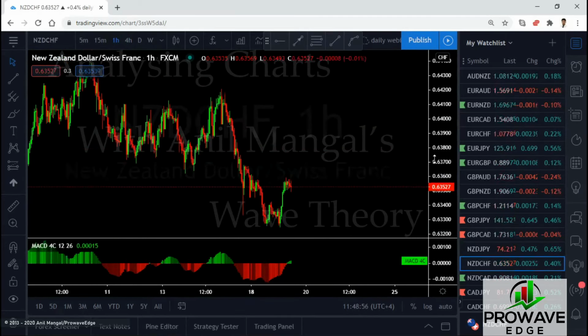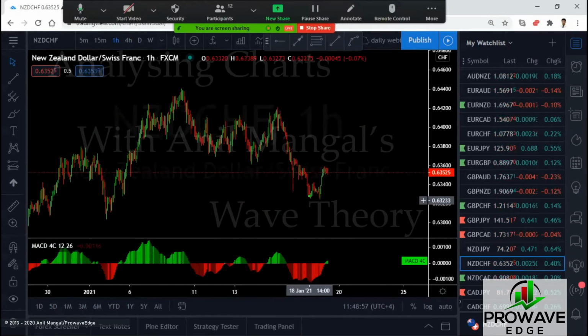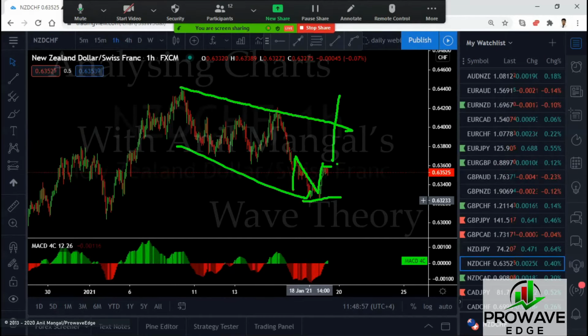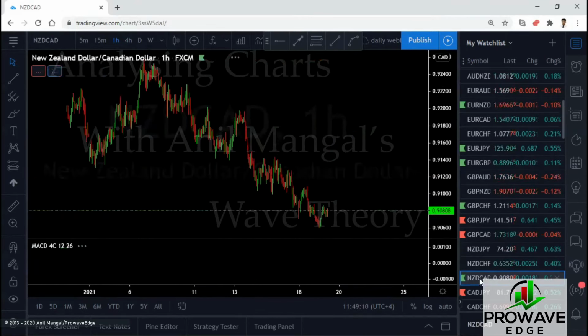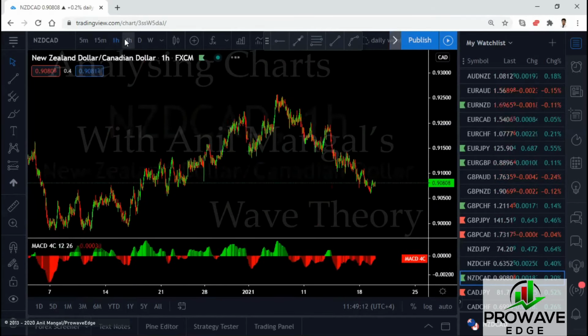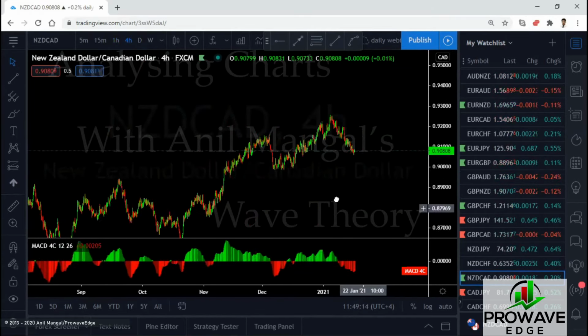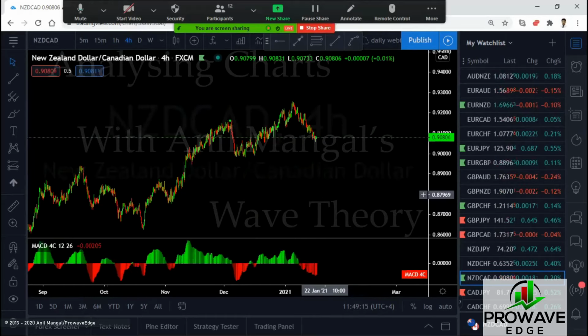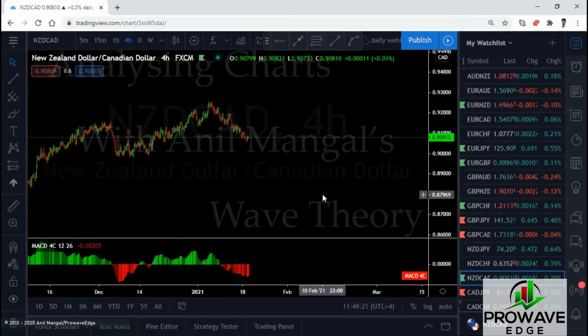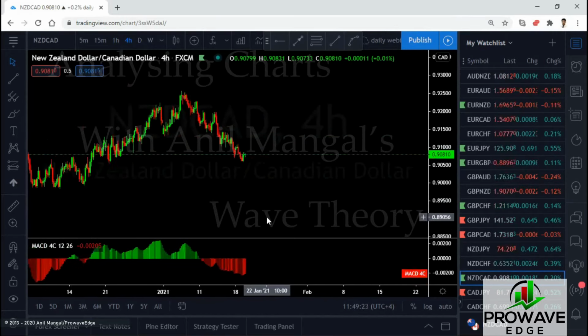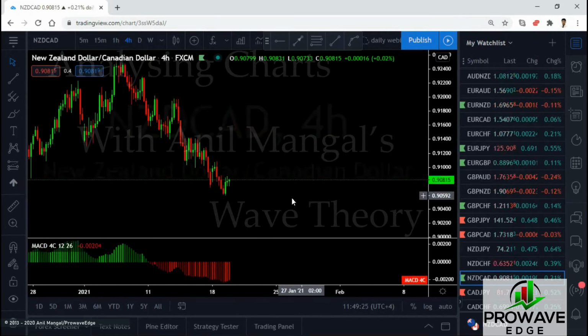New Zealand Swiss, same thing. It's a short-term buy setup. If this becomes a running flat, a sell comes under here. We're not looking for the sell because this is consolidation. It looks most likely it's upside. New Zealand CAD, this is still going down, but it's a corrective structure. I believe eventually this might become a running flat and we can go up. So if we get buy setups, we'll take it. Most of the New Zealands are showing buy setups, by the way. So we'll probably look at the New Zealand dollar, that it might take off.